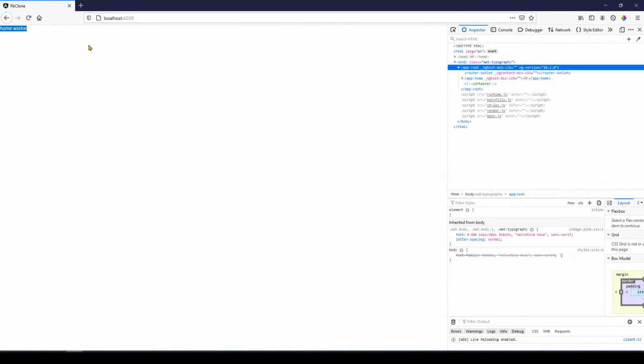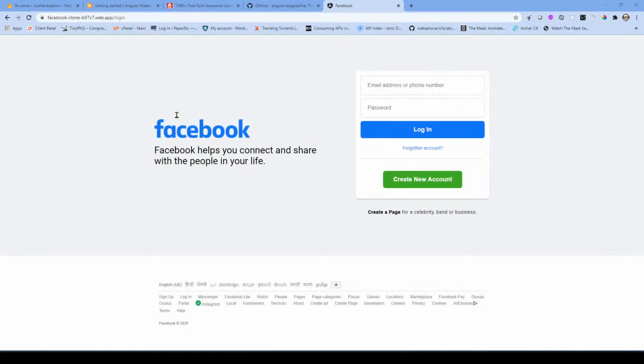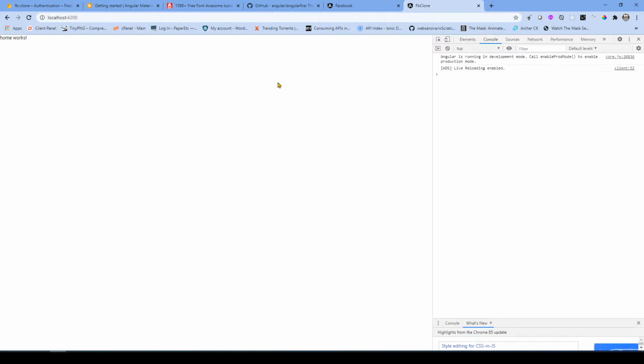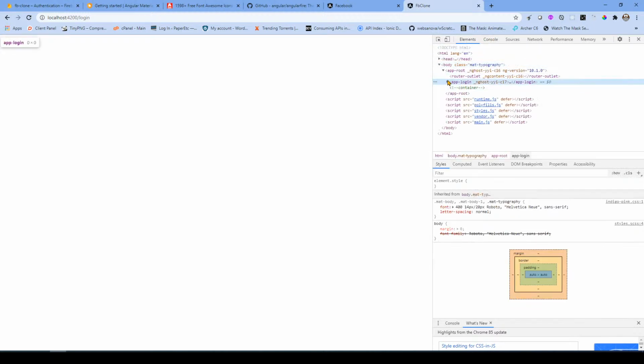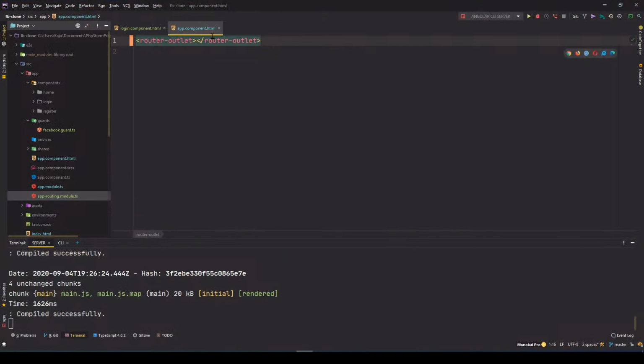There we go. Phew, finally. So let me open this in Chrome. Okay, perfect. So we are back in business. Cool. So I want to go to the login route here, and I don't have anything, do I? App login. Okay, it's empty. So I see the container here, which is good. Let's jump there